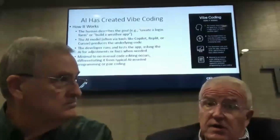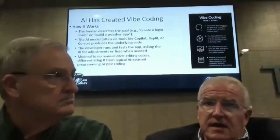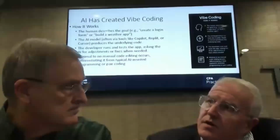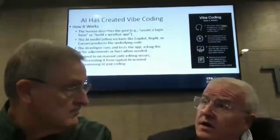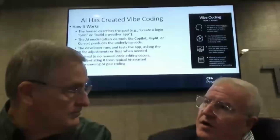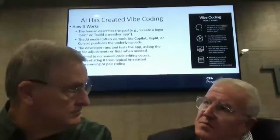But again, there's very minimal code editing that happens. And again, this is different from traditional things. The analogy I had today when I was talking about this at the Tennessee Society of CPAs conference, where you and I are both today, is that it is analogous to when you used Excel or Lotus 123, and you first sat down in front of a relational database management application